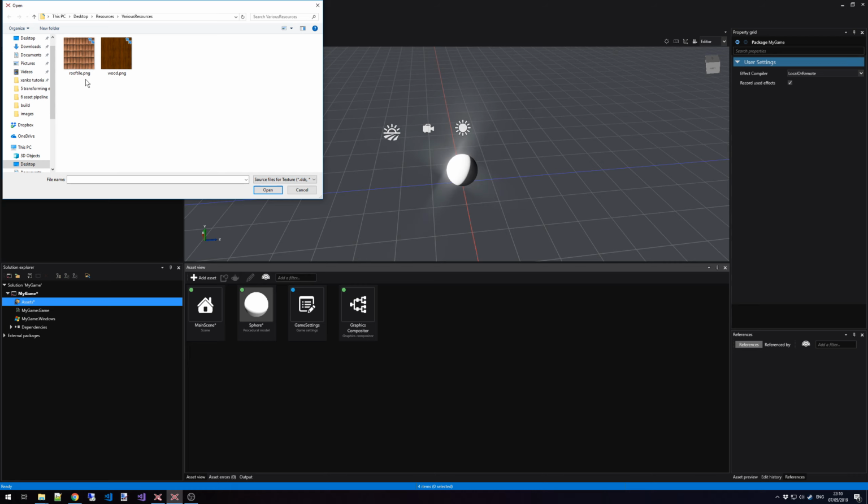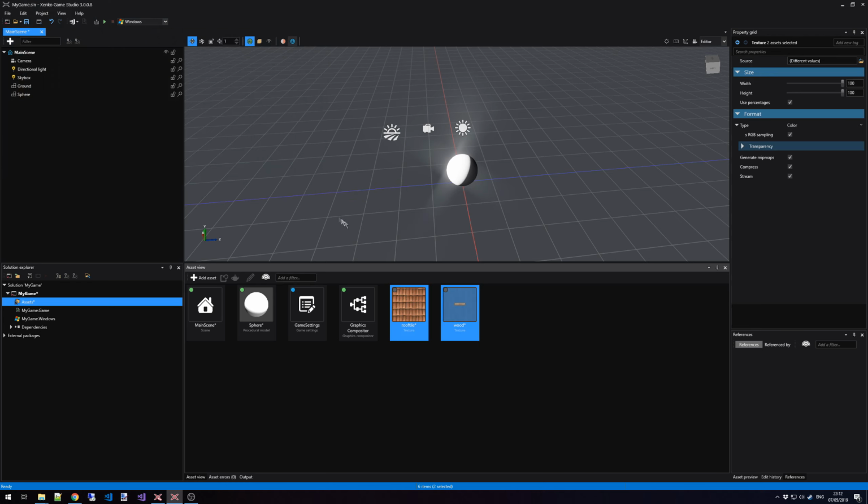If we want to make a texture asset, we require a single raw resource. However, if we happen to have multiple resources of the same asset type, we can select both of them and click on Open. Notice that in this drop-down here, we get a list of all the possible file types that fulfill the criteria for a texture, so the DDS, JPEG, PNG, TGA, and so on. If we then click on Open, notice how the textures are now imported and we have texture assets in our